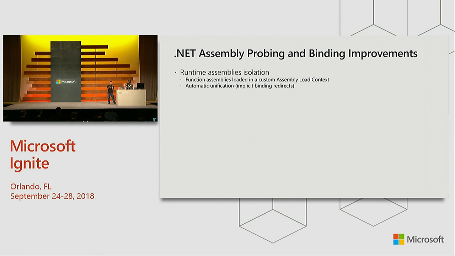This was actually a combination of a lot of different changes that happened in the runtime. The first one was us leveraging some new capabilities introduced in .NET Core to provide better isolation between runtime assemblies, runtime dependencies, and the dependencies you are bringing in. So all of the assemblies that you bring as part of your functions. We use what is called an assembly load context, a custom load context, with a lot of work done there to make sure probing and binding behavior works as expected, but you have a much stronger isolation between what's in the host